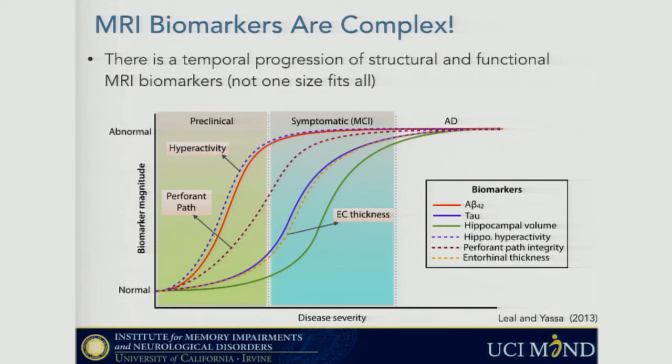So some of these biomarkers will be much more dynamic here, some of them will be much more dynamic here. Certainly by the time you get out to AD, very little is going to be dynamic at that point aside from just structural degeneration. So it's important to keep this in mind, and we're trying to fit squarely in this space here of preclinical Alzheimer's disease, because I think we'll all agree that the earlier that we can target the disease, the better, and we're trying to use this also to enrich clinical trials with the right kinds